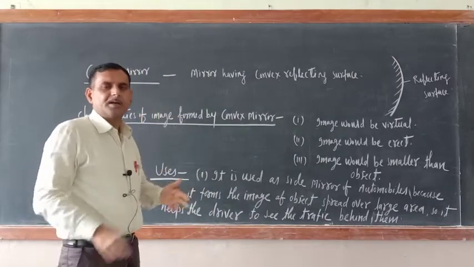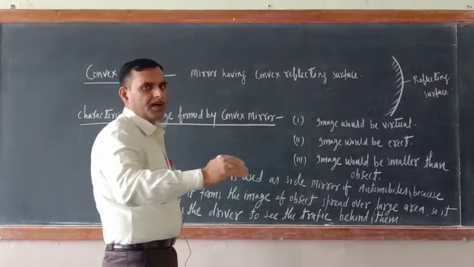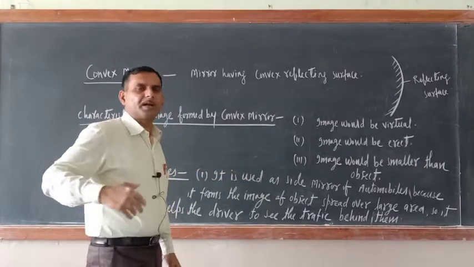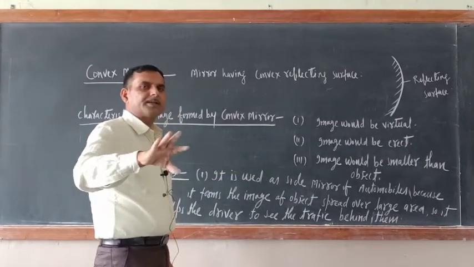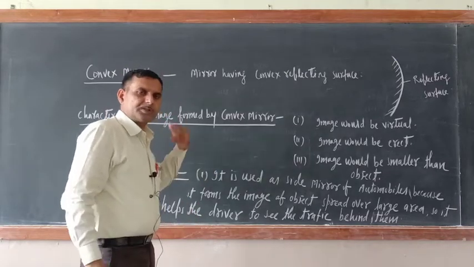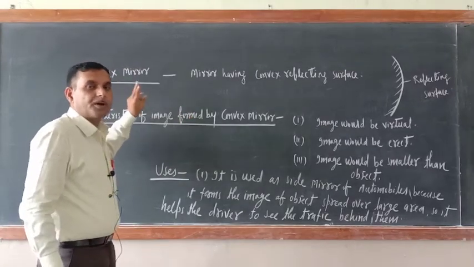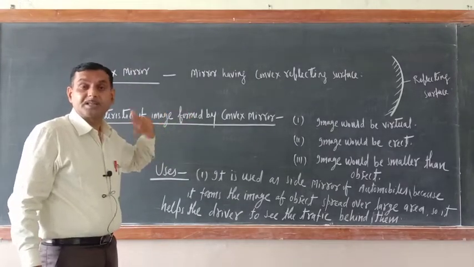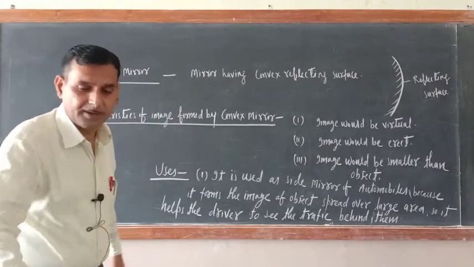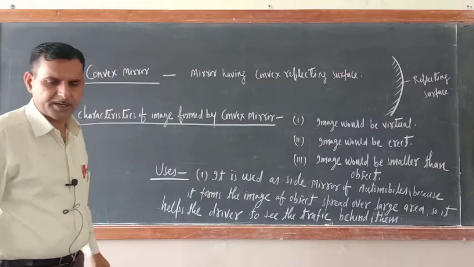What you will see, not only this one, time and again you have to move the object near to the mirror and away from the mirror, and see whether the image is created on the screen or not. In the case of the concave mirror we got two conditions: when the object is placed near the mirror and when it is placed away from the mirror. So we got different characteristics.